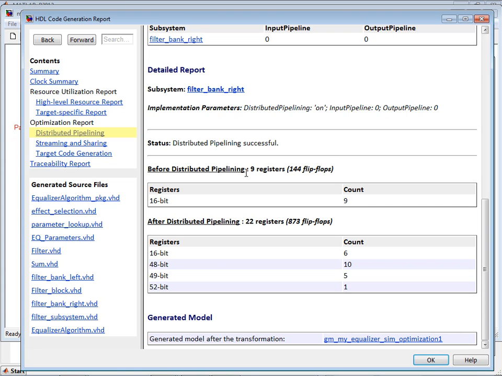Here I will have more details in terms of pipeline distribution. For instance, before I had 9 registers, and after distributed pipelining I have 22 registers, obviously because I merged them, pushed them into branches and so forth, which increases the number of registers, of course. But if I want to see how the pipeline distribution actually has happened, we